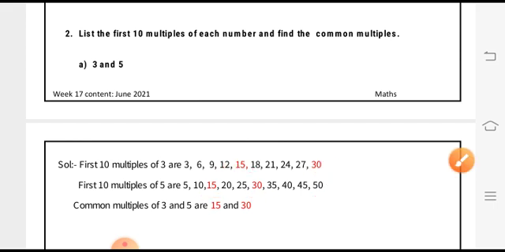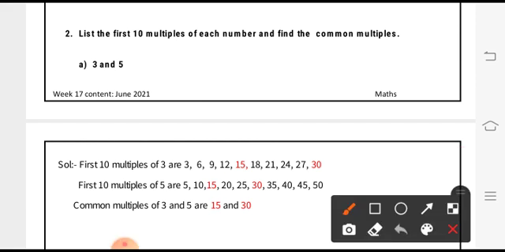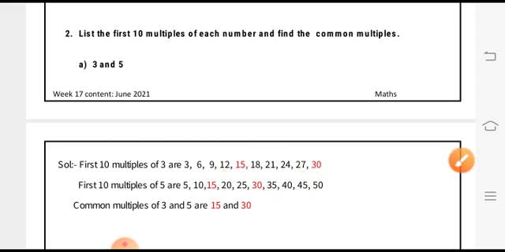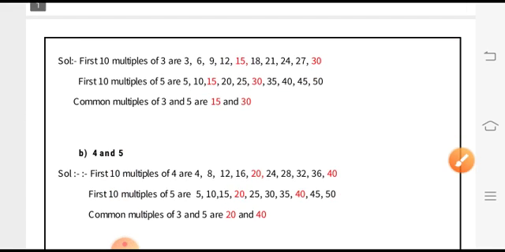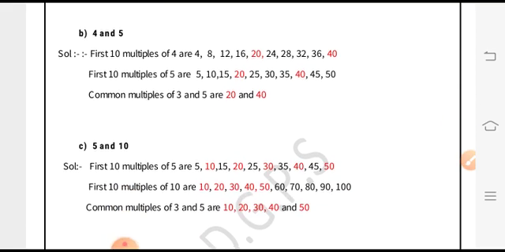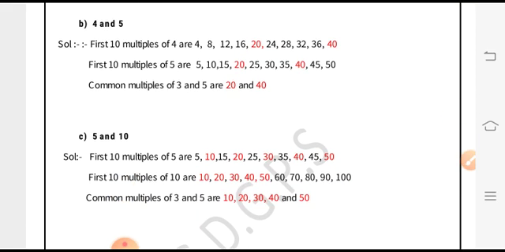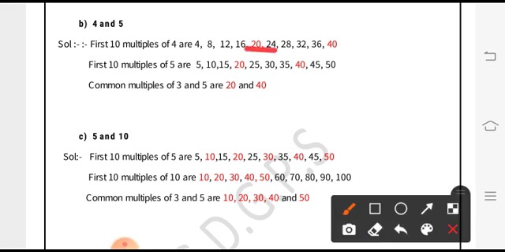On the notebook you have to write with a pencil, and then you'll highlight by underlining the numbers that you find in both the lists. It's 15 and 30, so 15 and 30 are the common multiples. In the same way, this solution should be written on the fair notebook, and then you can see here for 4 and 5 multiples have been written and listed, and the commons are written in some other color, but on the notebook the students are instructed to try to underline them, to highlight them.